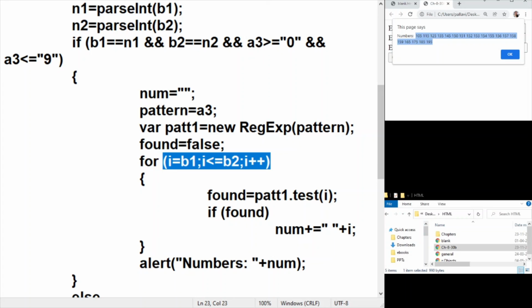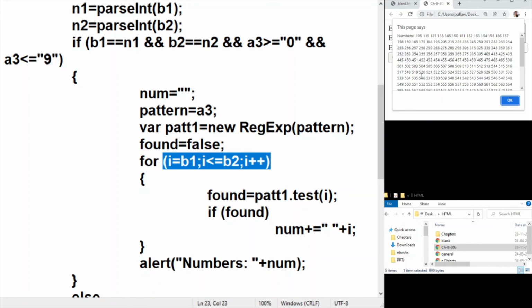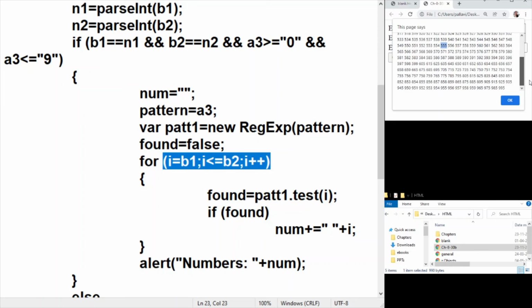We have not controlled how many times. We have just checked whether it is there or not. So you can see I'm getting a 155 here. Had I entered 1000, I would actually get 555, which contains all digits as fives. So that is the output that would be generated. Every number contains the digit 5, either once, twice, or thrice.